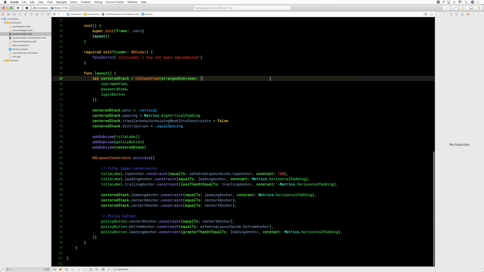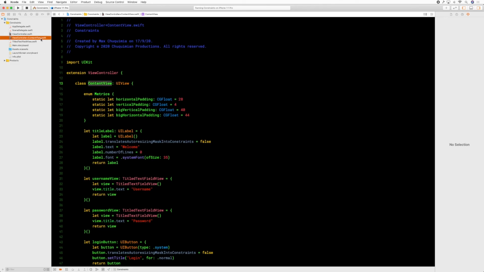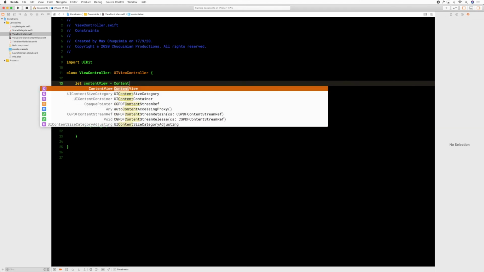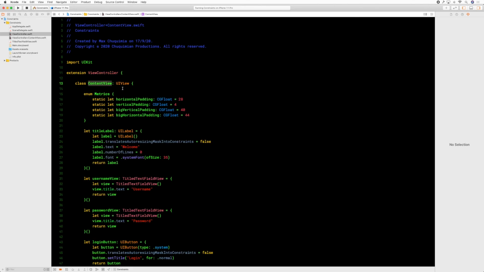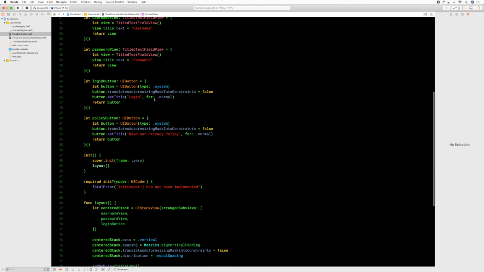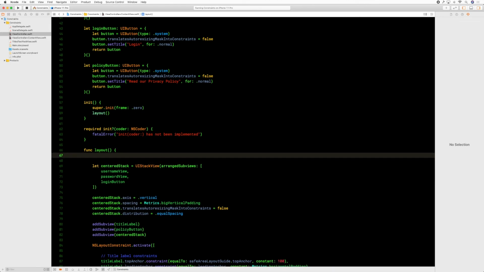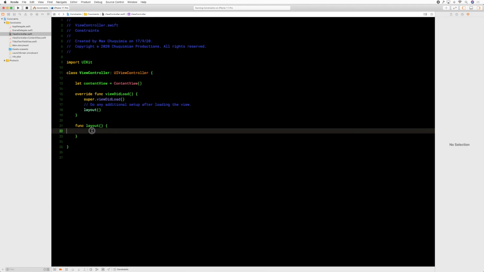And yeah, so we've moved all our logic into the content view, and so now we'll just create that content view inside of the ViewController. We can even just do that. We don't need to do any custom setup logic on it, because we are going to be smart about things and say self.translatesAutoresizingMaskIntoConstraints is false. So we just create the view, assign it to a variable, and in our layout,